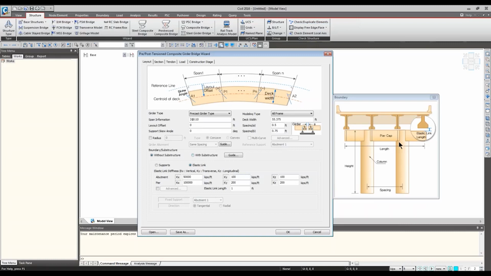One of the things that I mentioned before is the raised pier cap. I'll show you that portion at the end, after just executing the wizard outside this. But by the template of the wizard, it's going to model the pier cap underneath the girder. And after executing the wizard, I'll show how you can do minor modifications to make those changes.